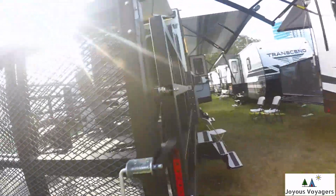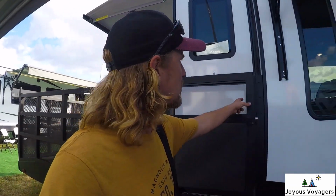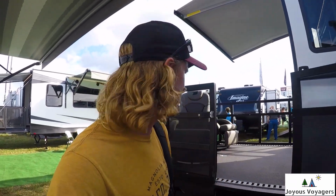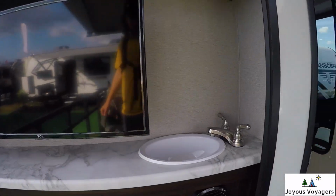So I just saw this one after touring the other G-Class. This has a permanent trailer attached to it, so you don't have to fold it down or anything. And it has an outdoor kitchen. I don't know what to think about this. I kind of like it a lot. You have grill, fridge, outdoor sink,